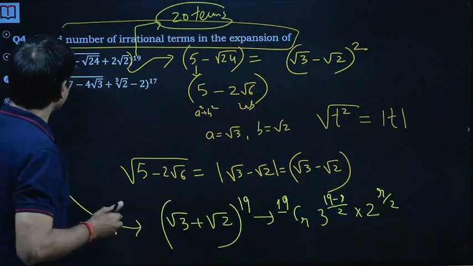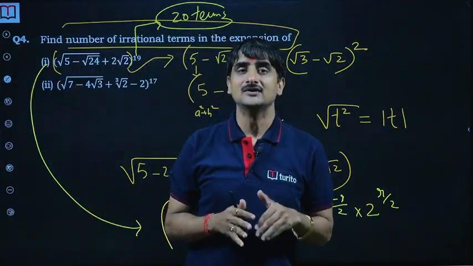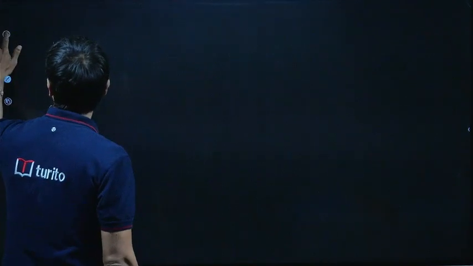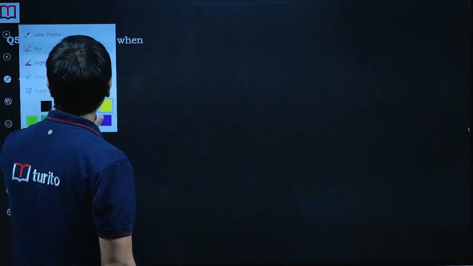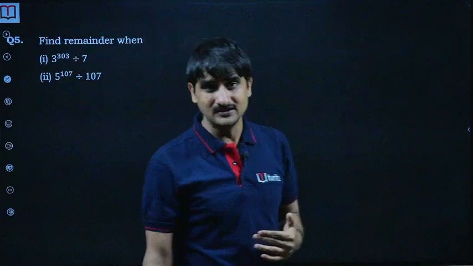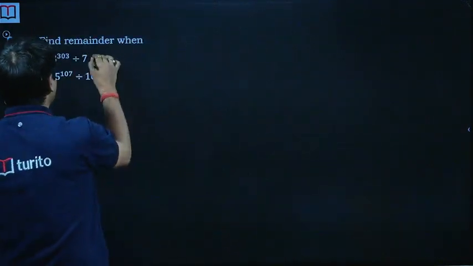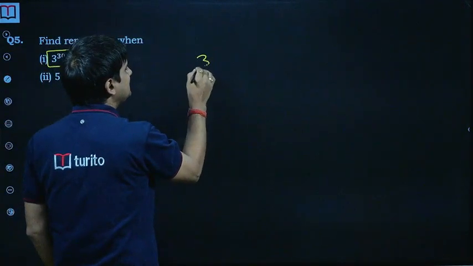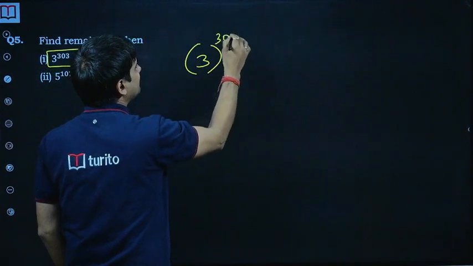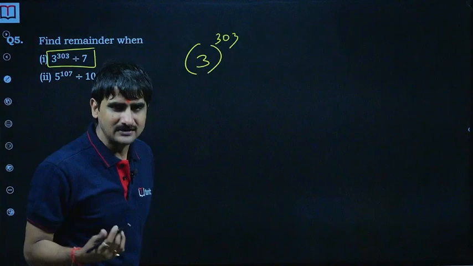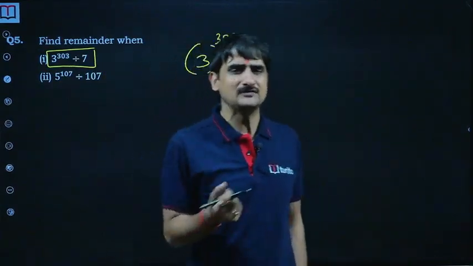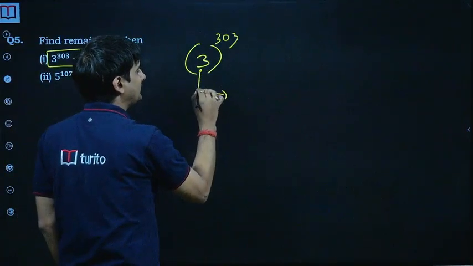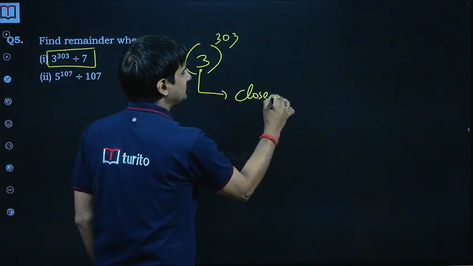Okay, so those were again the questions based on the application of the general term of the binomial expansion. So now moving to the fifth question, what is it? Now that's again a very important part, find the remainder. So see, in case we have to find a remainder, the approach is we try to write the base of the dividend. Okay, so we can change it by raising it to different powers, like 3 raised to the power 303, we can convert it to 3 square, 3 cube, whatever. So we try to write this base of the dividend as closest to